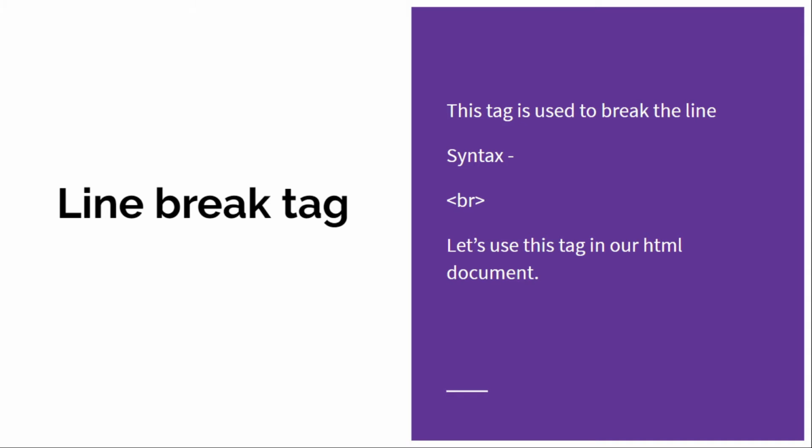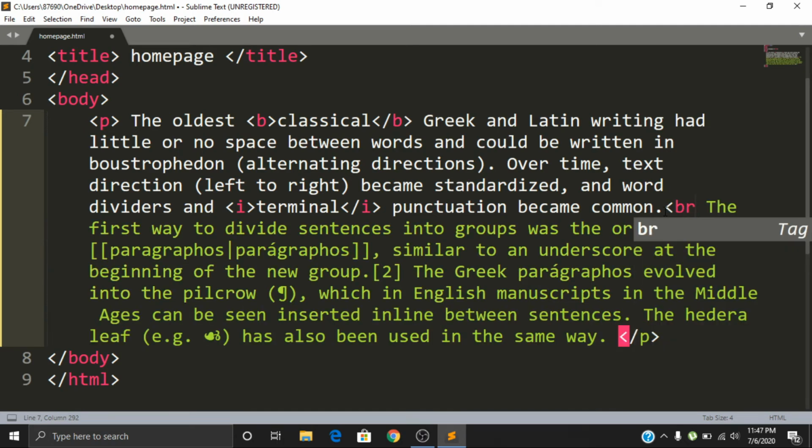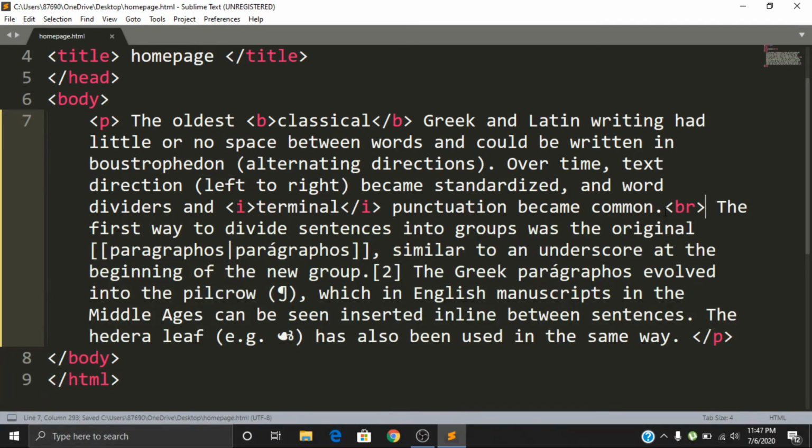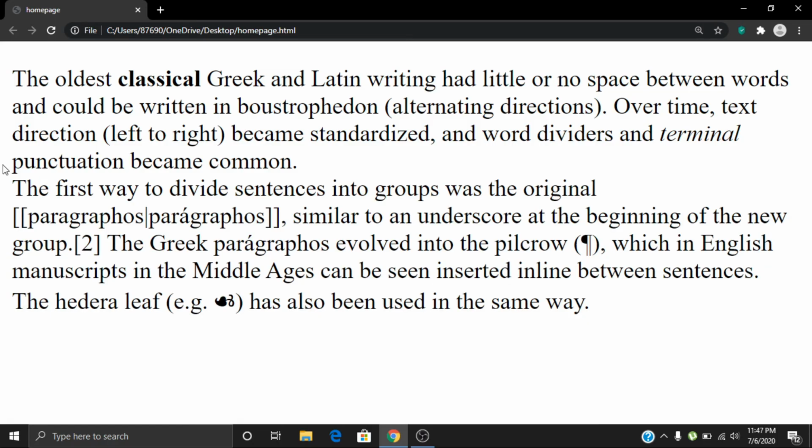The line break tag is the tag that is used to break a line. You will understand it when we use it. So let's take a look at it. Let's use the BR tag, and basically it brings a break in the line. Let's save it and see what changes we see in our paragraph. Opening our document, here you can see that after the comma we have got this much space, and this space is because we have used our BR tag.